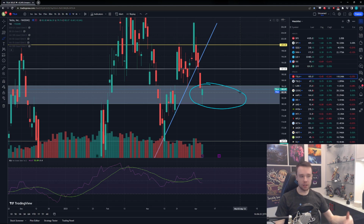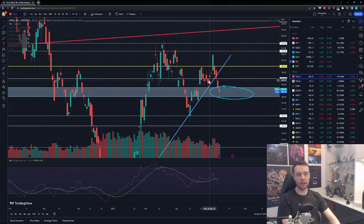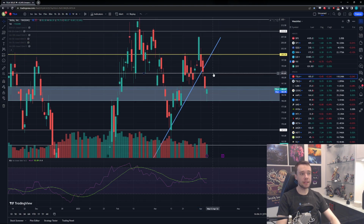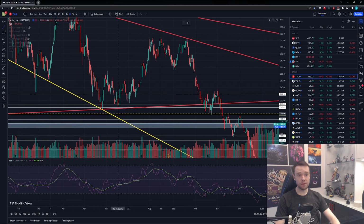Get some consolidation, if not an actual bounce, and then I do believe that we will continue this downward movement. I'd be very surprised if it's done. Let's just say that, right? Because again, the downward trend has officially broken, and when these downward trends finally do break, similar to what we saw